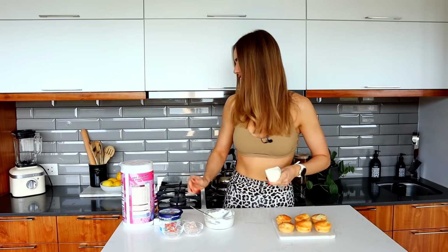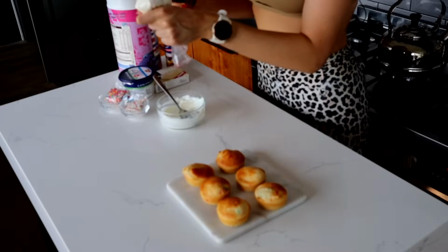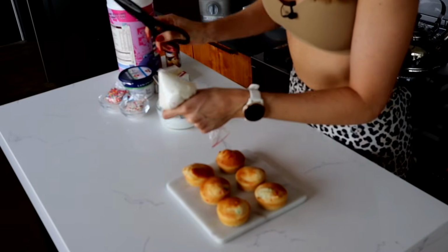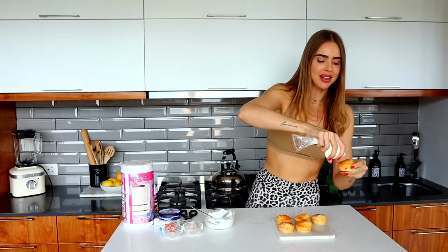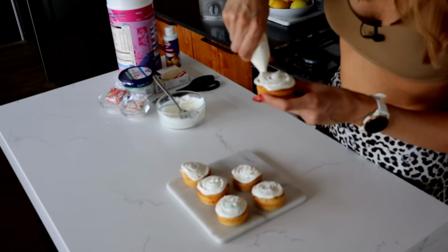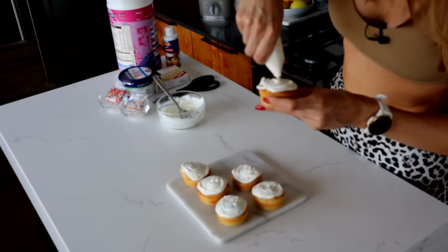All right, let's get to icing. I need to grab my scissors. Okay, then you are going to cut the end off of your little bag, and rather start smaller, and then you'll have more control, and then you can also make the hole bigger if you want to. And then you're going to grab your little cupcake, and I'm going to do a swirl from the middle, and you can have fun here and do whatever